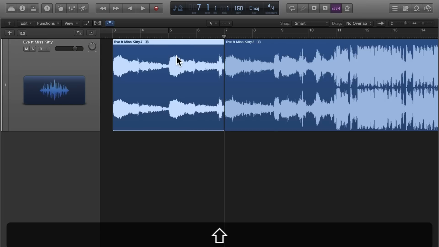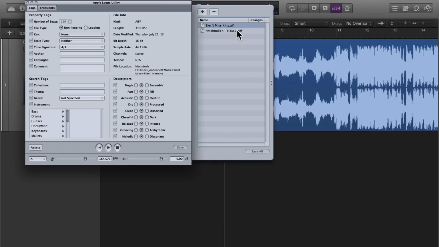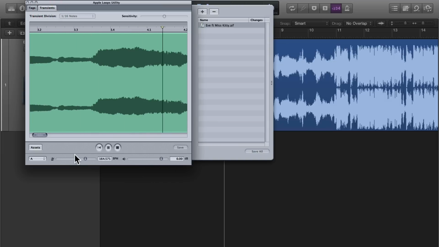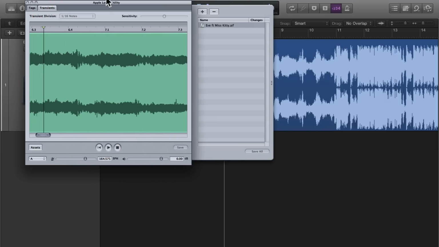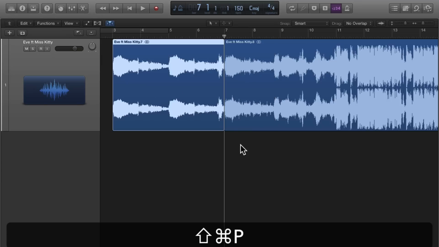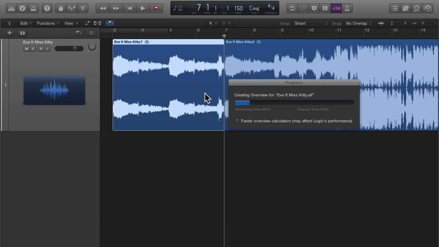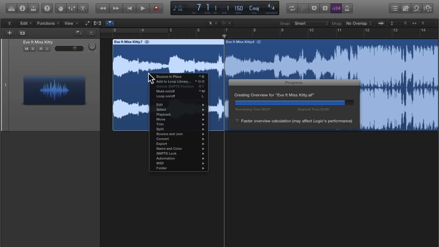Hit Shift W, and there we got the Eve Miss Kitty here. And the trick to this, let's see here. If all I do is chop it and then hit Shift W, it's going to bring in the entire track. So what you want to do now is create a new audio file from just the piece that we want. You can right click